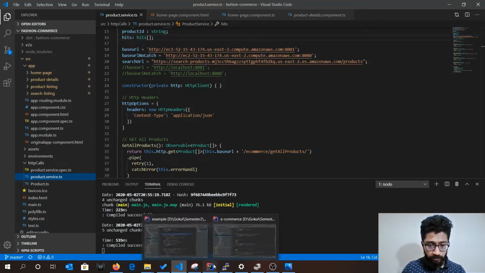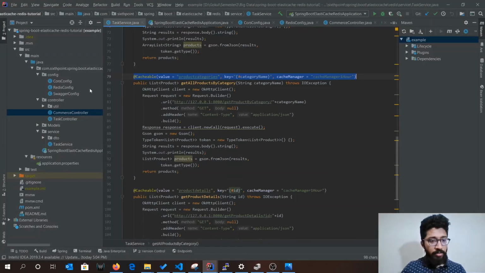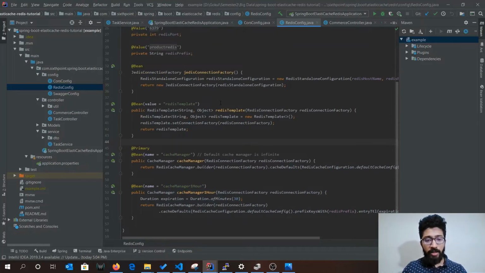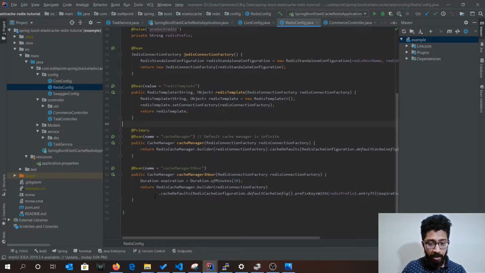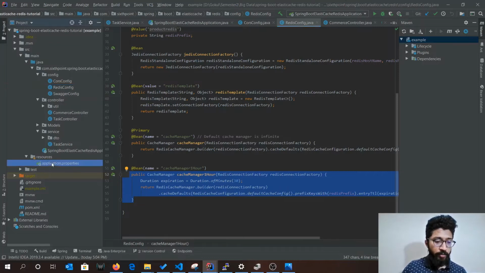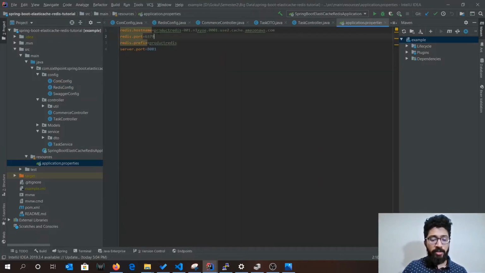Now that we are here, I will first take you through the Redis configuration file. This is where we configured our Redis cache, and we have this class that we've defined, which implements the caching of the response that we get from the request for an hour. Now if you look at the application properties, we can see that we connect to the Redis Elastic Cache instance here. This is the host name, which is on AWS, and we connect to that,